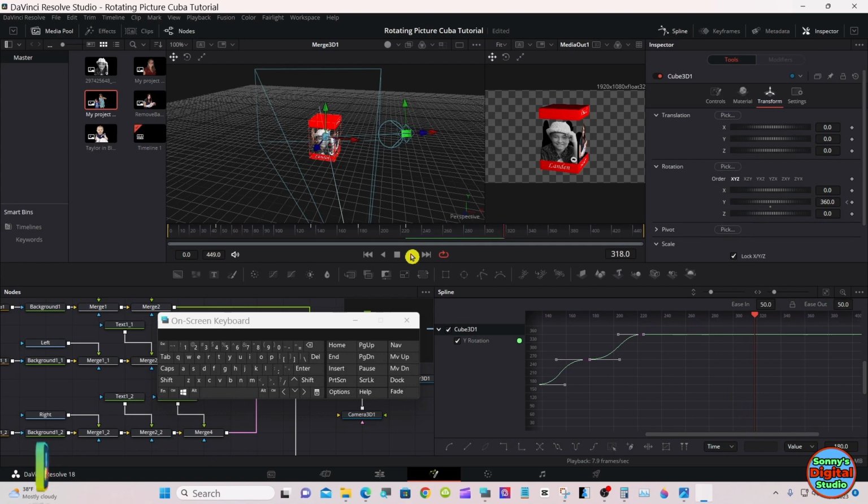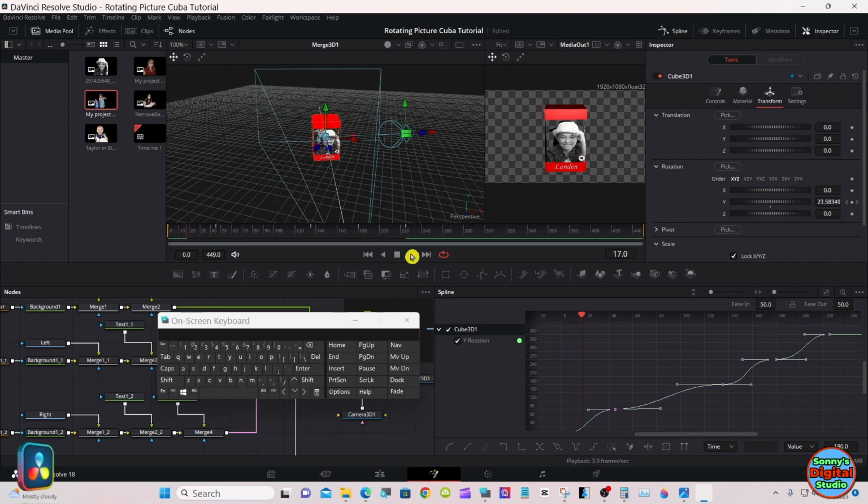You'll see why I'm going to do what I'm going to do here, rather than keep keyframing it every 45 frames. See, right now it'll rotate up to the last frame.